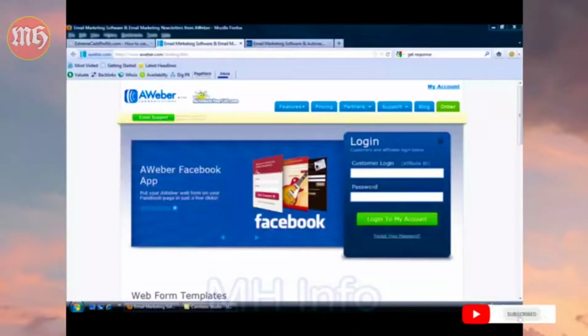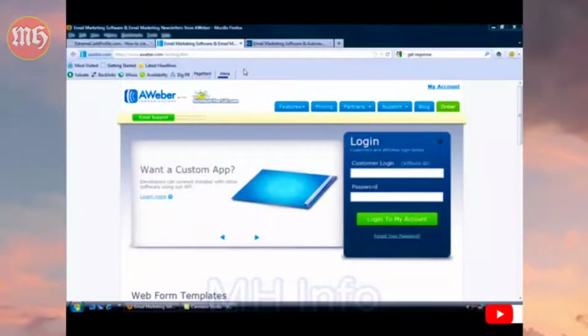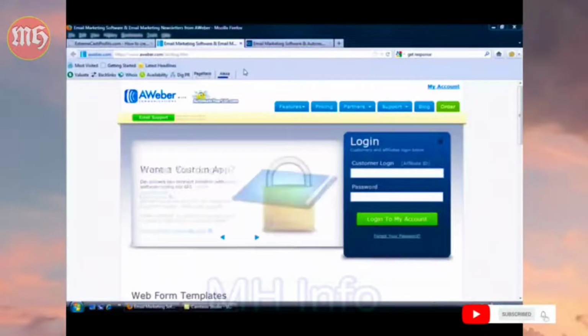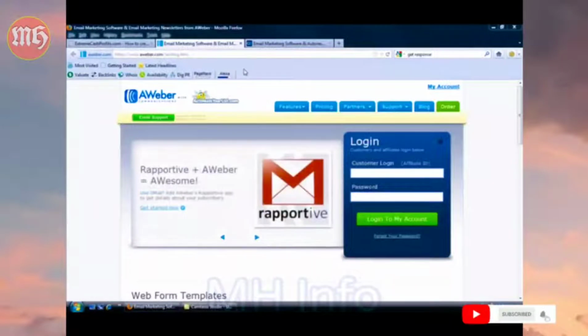There's two different autoresponder accounts or services that I would recommend. The first one being Aweber. Aweber is who I've been using for about 3 years now. They're absolutely great. I've never had any problems with Aweber. The support is really good. If I've ever got any questions, they get back to me really quick. So I've always recommended Aweber. They're a great service. The other service that I would recommend is